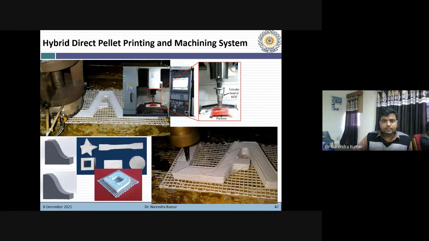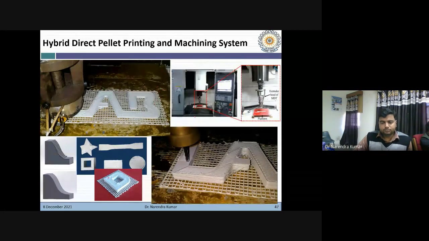You can see the results here. Here we are depositing the material, and here we are removing material from the top surface to improve its surface finish.